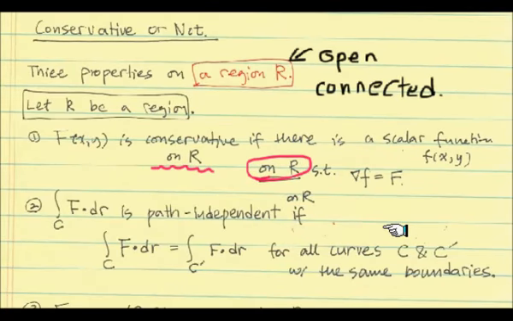The second property is path independence. We've been using this word, path independence on R. Let me emphasize that. Right there, I circled path independence on R. It's a relative term. That means if we have two different paths, C and C prime, that have the same boundary, the same boundary here meaning the same initial and terminal point, then the line integral values of this vector field are going to be exactly the same. However you approach it, starting from the end, it's always the same. That's the property of path independence.